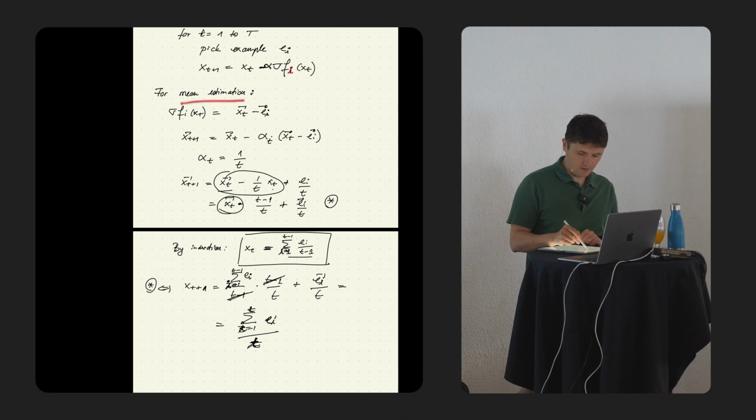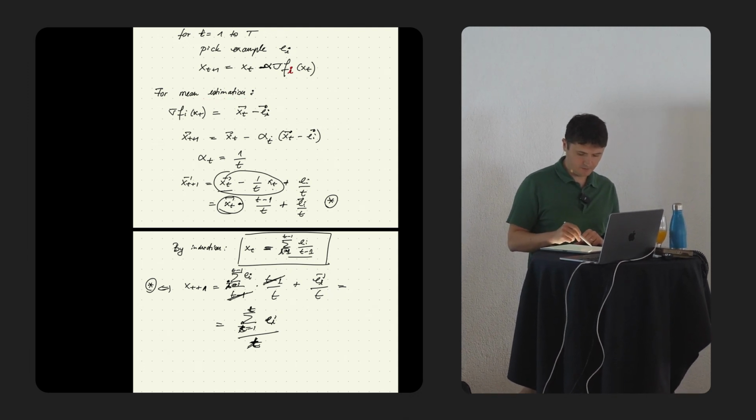So then we were looking at mean estimation, and for mean estimation we have this trick that in this case the gradient is this, okay? And then we just wanted to see how well does stochastic gradient descent converge, or what does it actually mean in the context of this specific problem. So then we can replace our iteration xt plus 1 equals xt minus alpha gradient with literally this, where I plugged in the value of the gradient here,